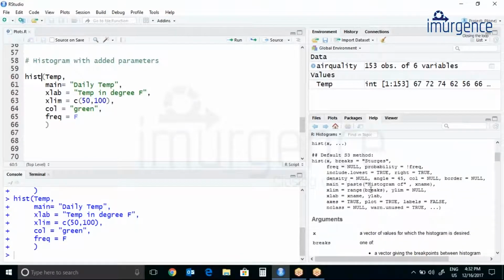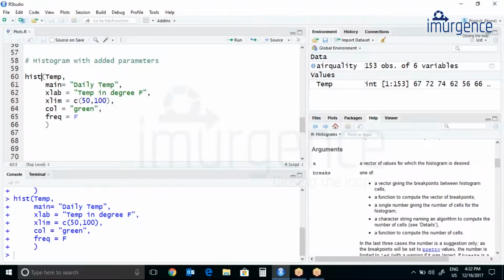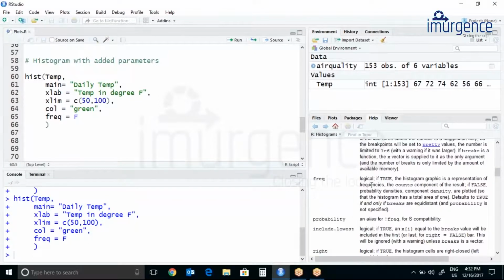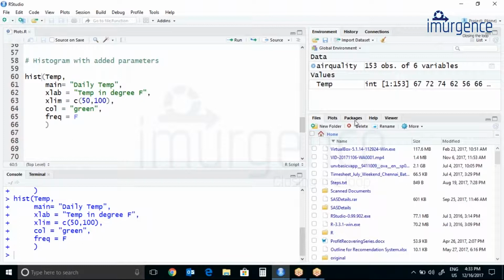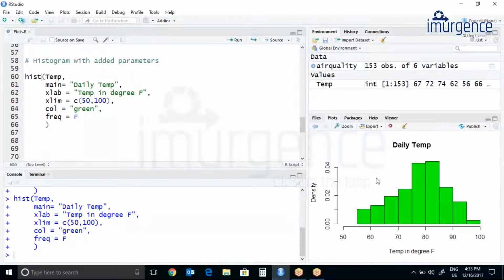Freq is logical: if TRUE, the histogram graphic is a representation of frequencies, which we saw in the previous plot. If FALSE, then you will get probability densities over here. So that's what we are getting. If you don't want this, you can either remove it or just do freq equals to TRUE, and you will get frequencies over here.